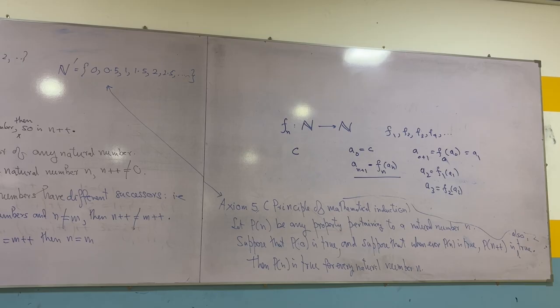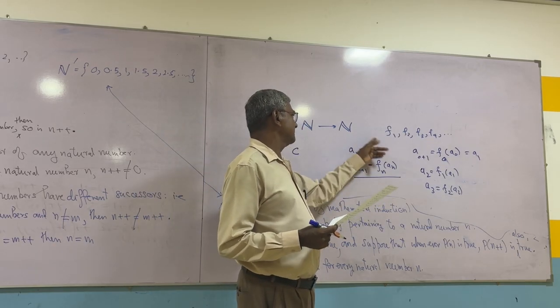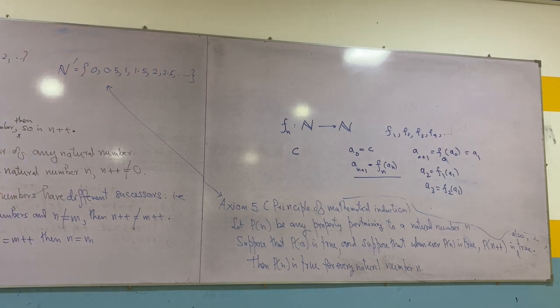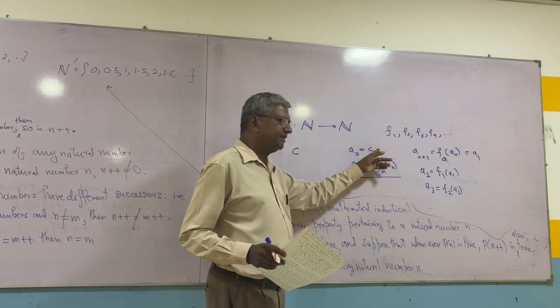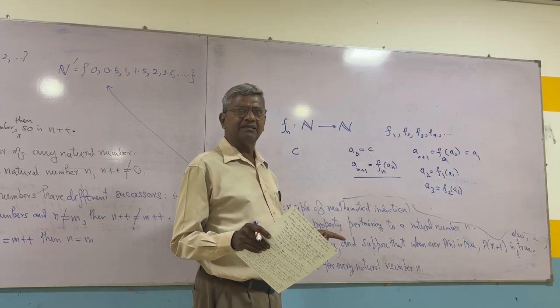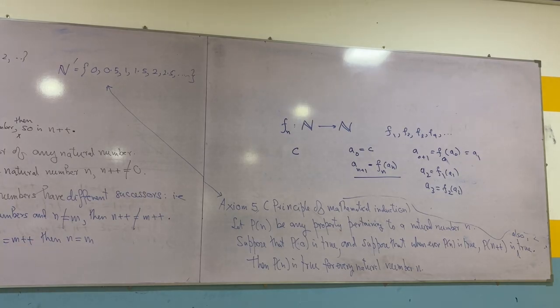We first observe that this procedure gives a single value to a0. By this method it is given a0 equals C0. There is nothing else for a0. So it is clear, namely C. None of the other definitions a(n+1) equals fn(an) will redefine the value of a0. Can you see here? You are given a0. By this thing you will not get a0 again. Never. That's what he is saying.